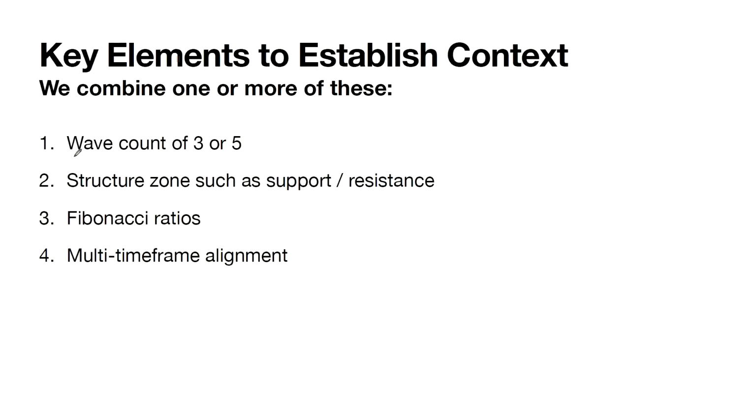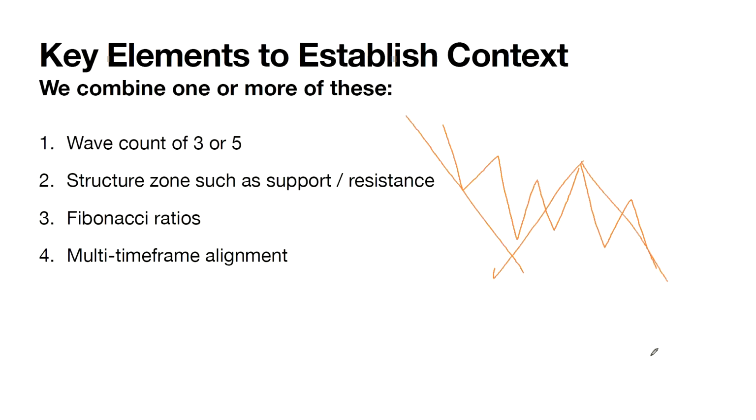Now, what is wave count of 3 and 5? This is the principle of Elliott wave. In the FX market, oftentimes we'll see waves in 3. If the market is coming down, it forms 1, 2, 3. This is one set. In the FX market, it tends to do this: 1, 2, 3, 1, 2, 3. From a larger scheme of things, you can see this is also 1, 2, 3, because the market works in a fractal nature.